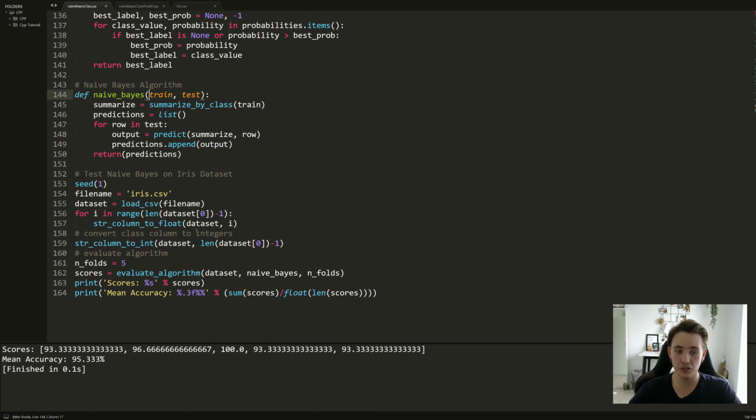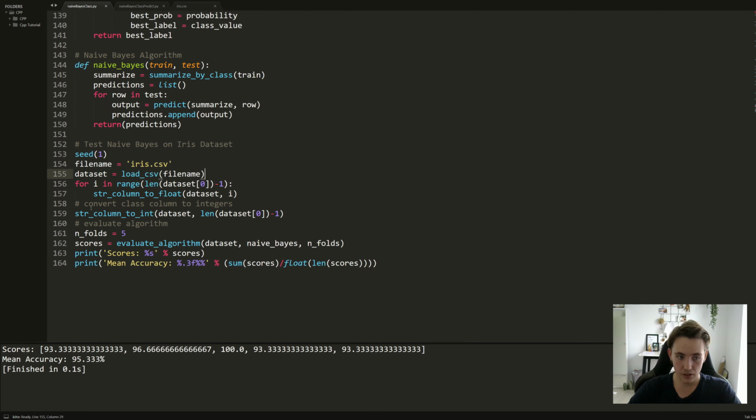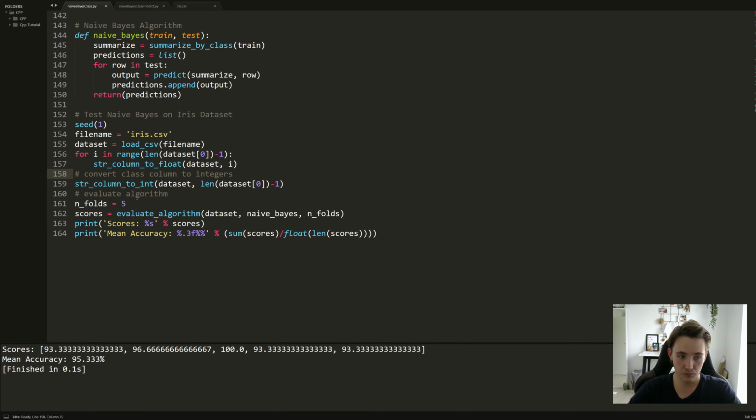To call these functions in our main program, we just give it the file name with our data set, and then we convert the last column to a float instead of a string, and we also convert the class column to integers. To evaluate the algorithm, we first had to give it the number of folds,